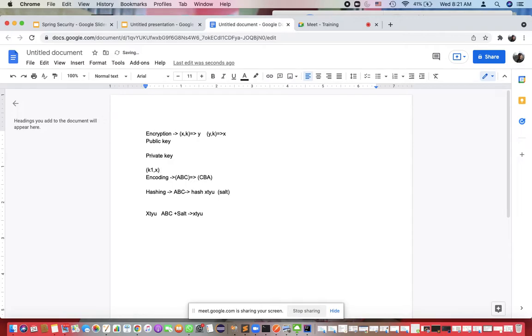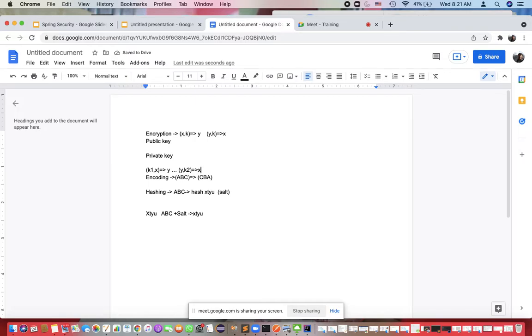then send me the y value. After that, when I receive y, I have my private key, so I'll use k2 to get x.